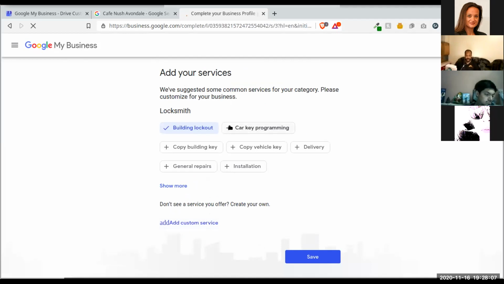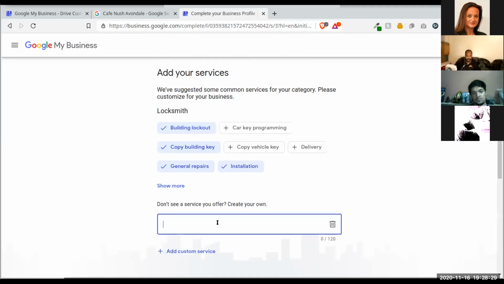And then here you can add services. So copy building key, general repairs, installation. So I'm just gonna give general services for locksmiths. I'll put, and you can add custom services also. So key cutting,